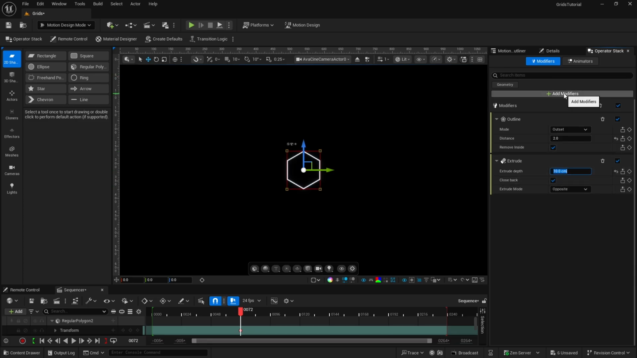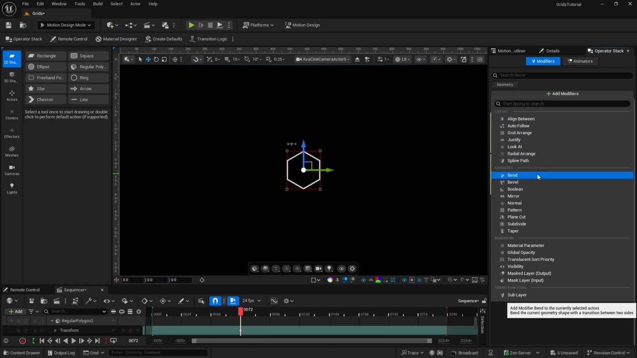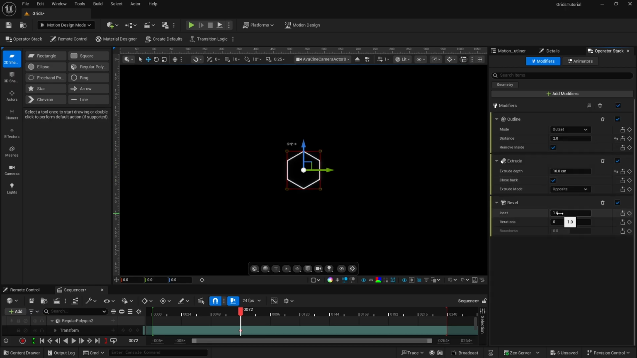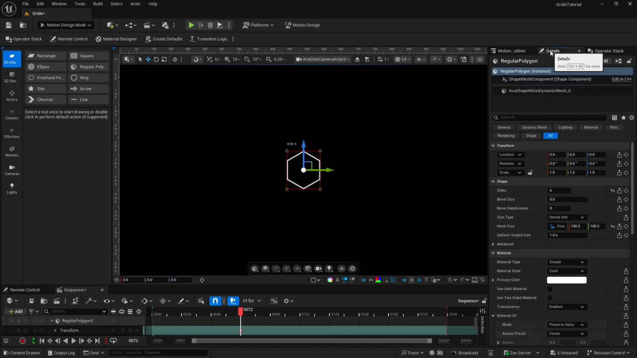And then we can bevel it a little bit just to give it some more dimension. I'll leave the inset at 1, the iterations to 2, and the roundness to 2. And all of this is up to preference, whatever you want to do on those. One other adjustment we need to make, we'll go back into the details for this, and we're going to need to change the mesh size of it. On the mesh size, let's make sure that that's constrained on the X and Y, and we'll set this to